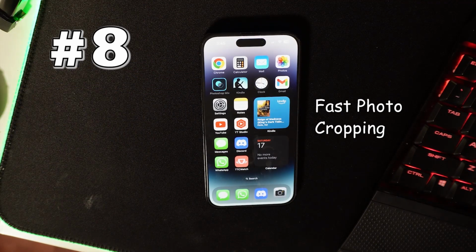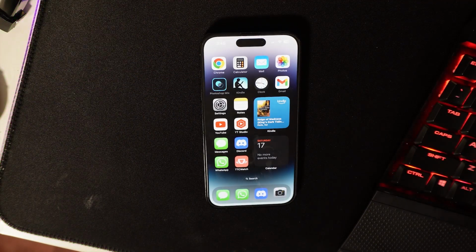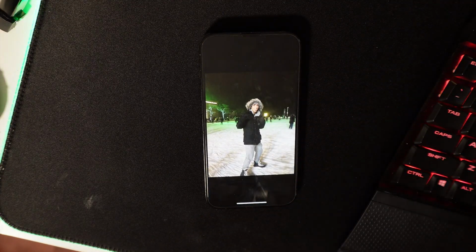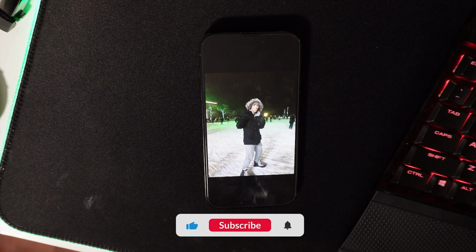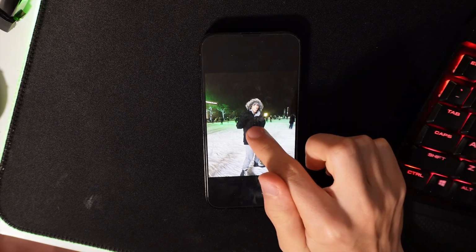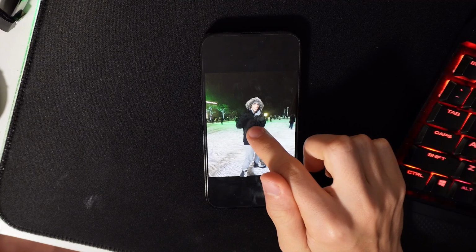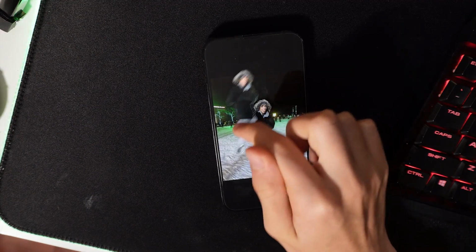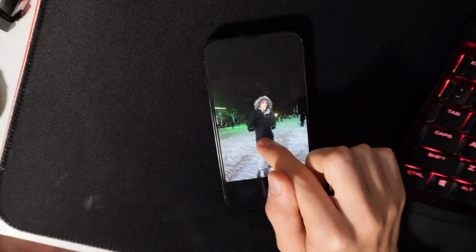Fast photo cropping. Now this feature is really cool and it will save you so much time. Now let's say you had a photo like this one here and you want to crop the person out for whatever you want to use it for. And now Apple has made it super easy. All you have to do is tap and hold on the person, and as you can see, it highlights them in silver and pops them out slightly. Now I can move it around. Now, if I just hold and let go,